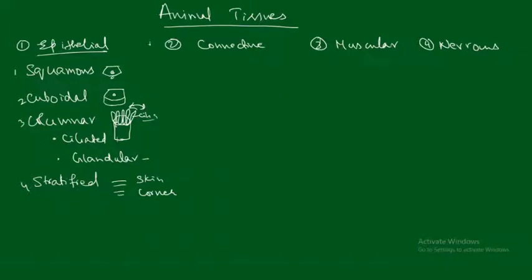Next we are looking at the connective tissue. Connective tissue is the one that binds one tissue with another tissue. One of the important characteristics is that there is a lot of intercellular matrix material. This matrix material helps to bind the different kinds of cells. It has a lot of fibers and very little cellular elements. So let us look at the different types of connective tissue.